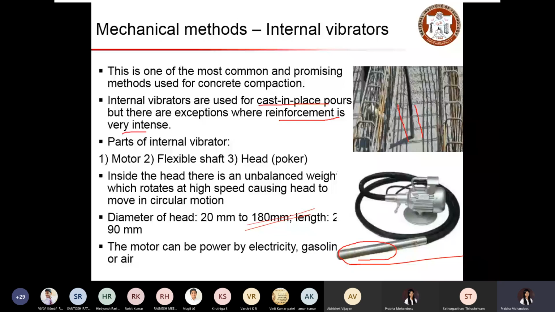Sometimes it may leave an impression at the point or may not be closed effectively once it is removed. So to ensure a good finish and good compaction, once the vibration is done, you have to slowly take it out.